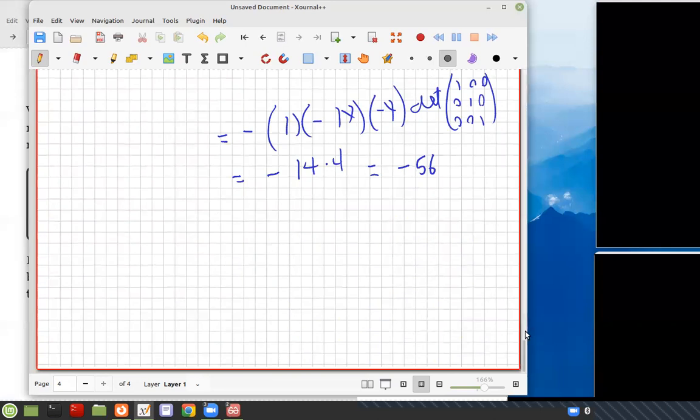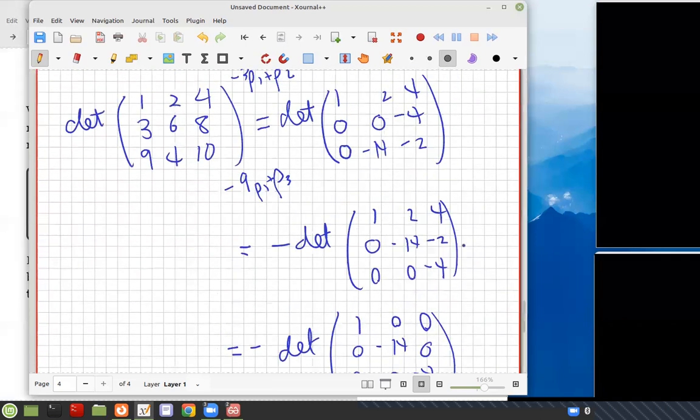I flipped. Let's see. How did I get the negative? I interchanged 2 rows. Row 2 interchange row 3. I flipped them, and it introduced a sign. So if you interchange, okay. So let me